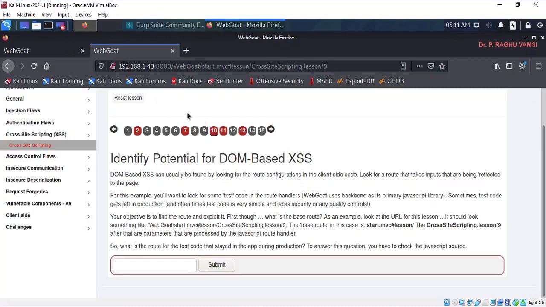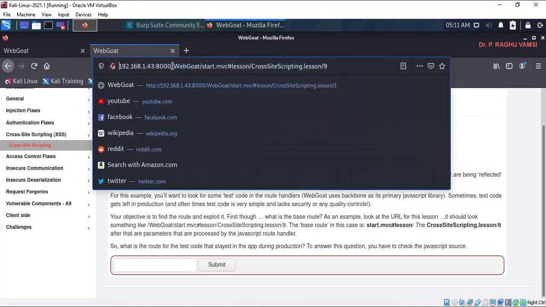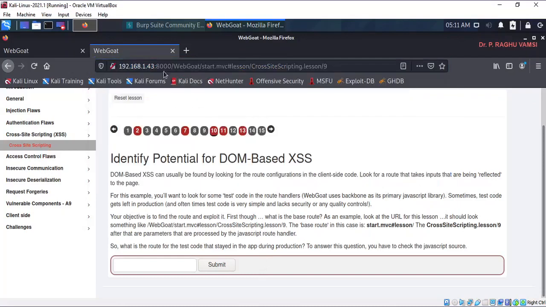We are supposed to understand the URL pattern that WebGoat is using. Here the URL pattern is like this: webgoat/start.mvc#lesson/cross-site-scripting.lesson/9. Document object model based XSS can usually be found by looking for the route configurations in the client side code.